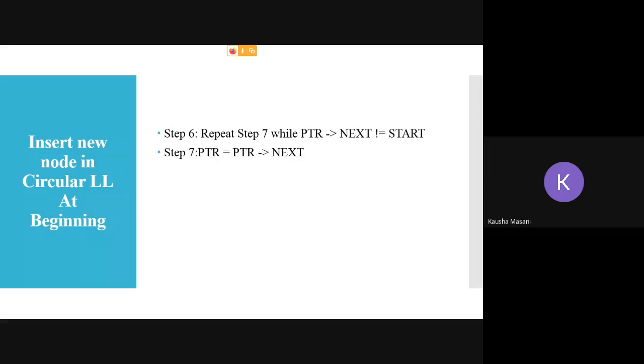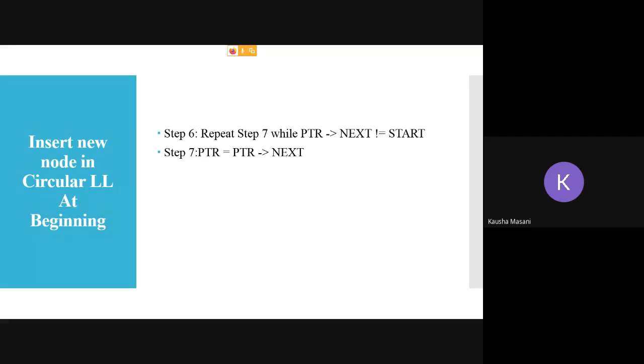You are going to run a while loop so that you reach the end of your circular linked list. PTR of next not equal to start. See, that's why I told you at the very beginning when we started this topic that the start value and the last node next pointer value will be equal.